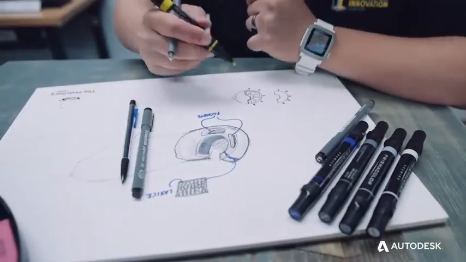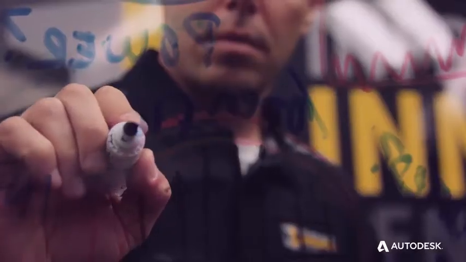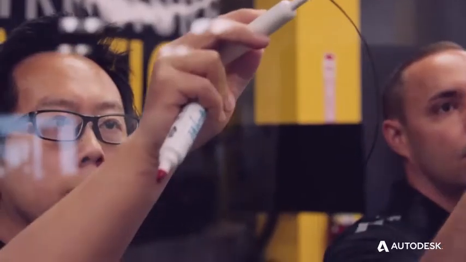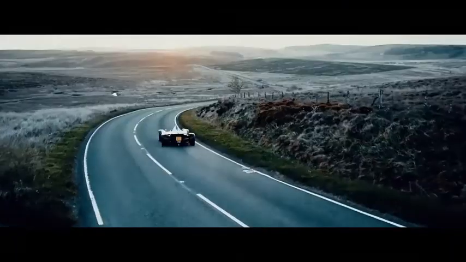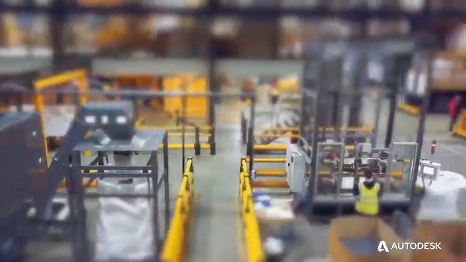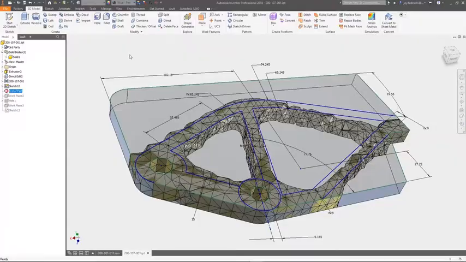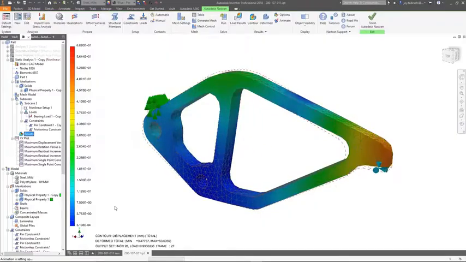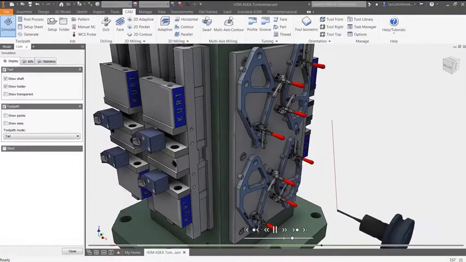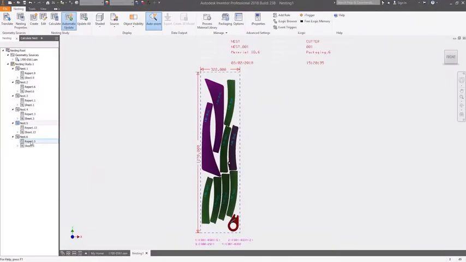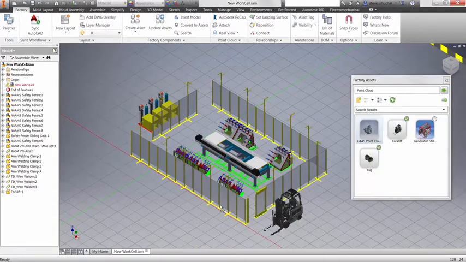In the manufacturing industry, we pride ourselves on continuous improvement, becoming more efficient so we can spend more time on real innovation, making our products perform even better, getting more from our machines, and making our factories leaner. Design and engineering, advanced simulation, 2.5 to 5 axis CAM, sheet metal nesting, and factory planning all working together inside